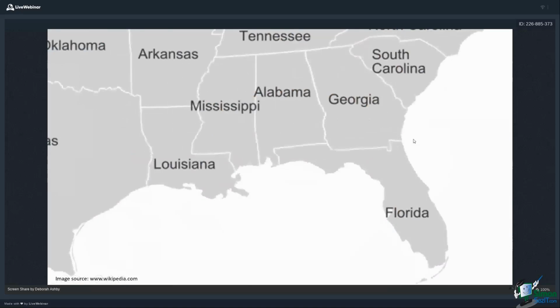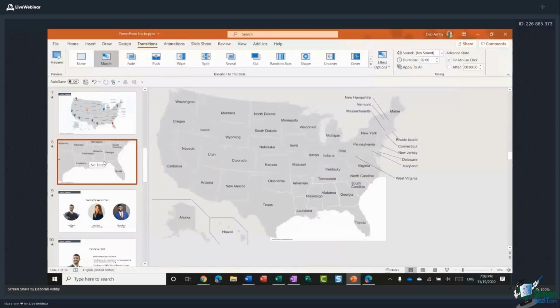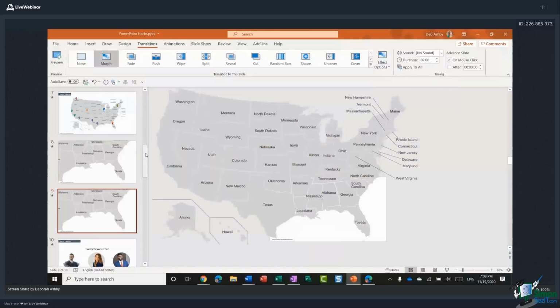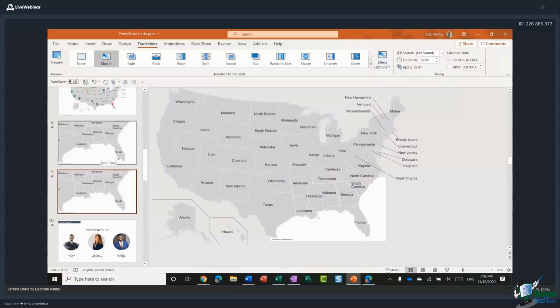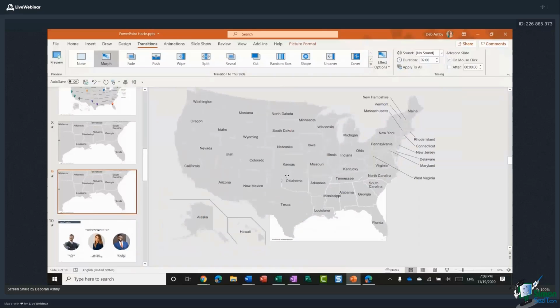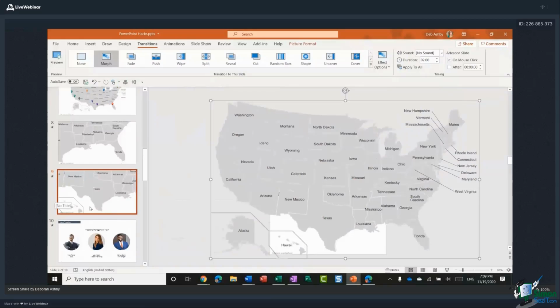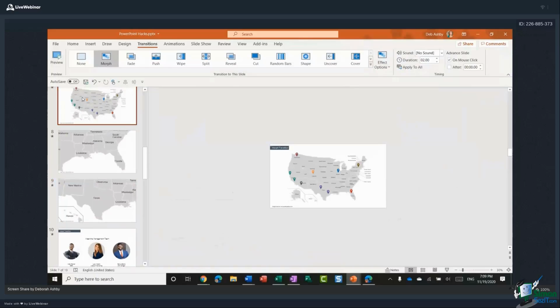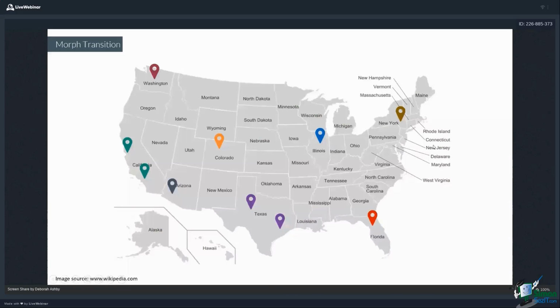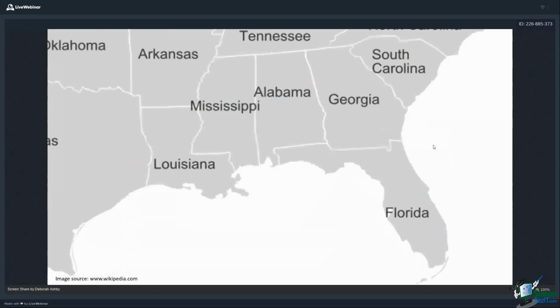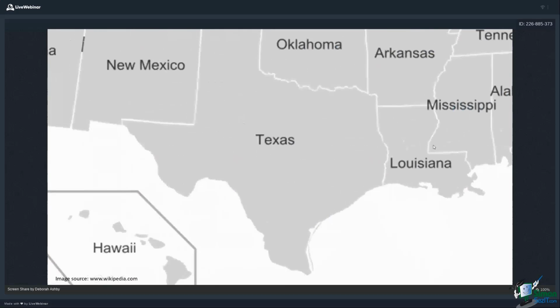Now I could take this on a little bit further. If I duplicate this slide again, Control-D, it might be that I want to talk about Florida and then I want to talk about Texas. So I'm going to take this image and I'm going to move it across. And this kind of gives a panning effect. So I'm happy with how that's looking. I want to make sure I have my morph transition applied. And then now, when I run the presentation, I should get that zoom in effect. And then when I go to the next slide, I'm kind of getting a panning effect moving across. So it's a really effective way of moving between your slides.